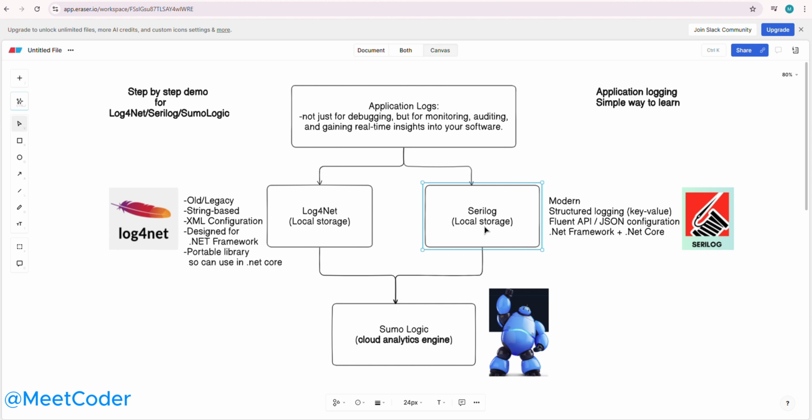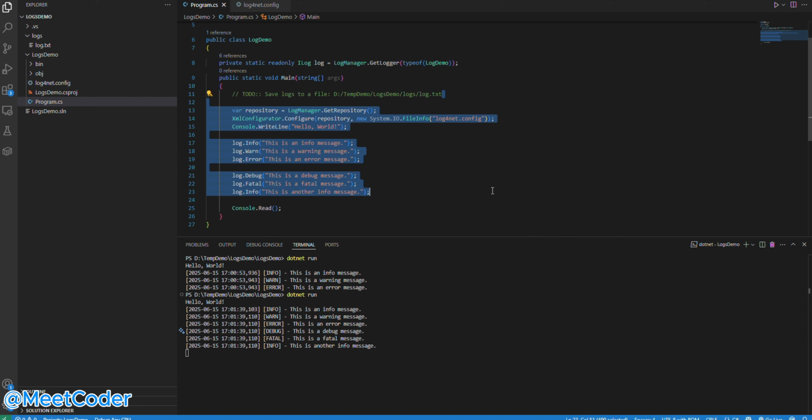On my demo, log4net is completed. I will start Serilog. I will not write into a local file, but I will send my log to SumoLogic. It's my SumoLogic, right? So for that I need to clean my existing code. So let's make the application default,